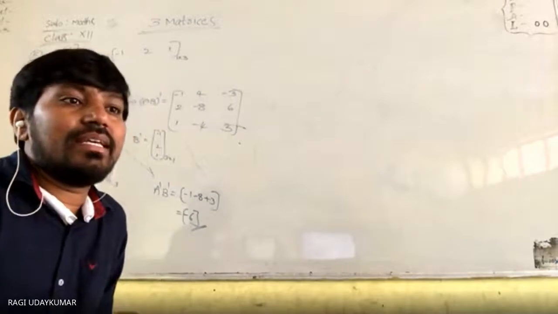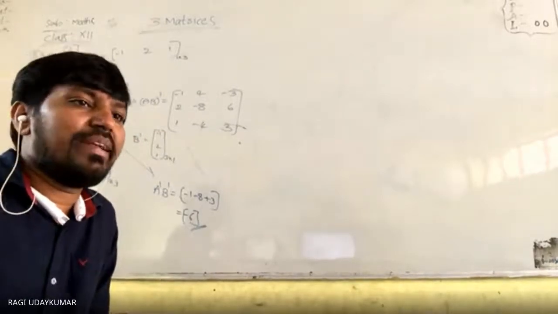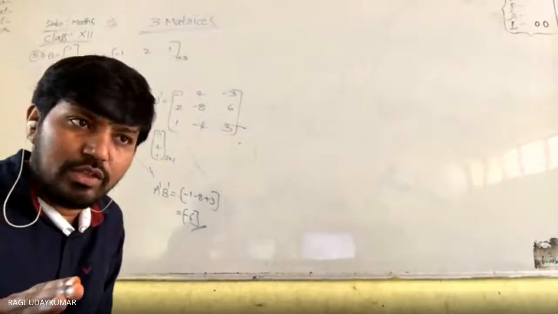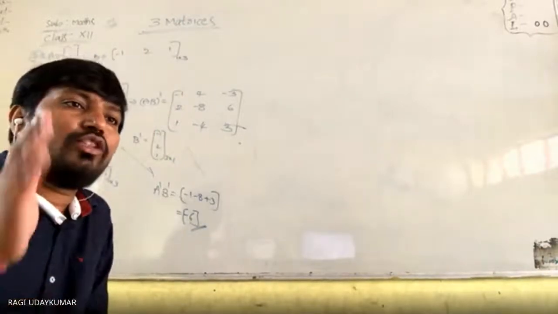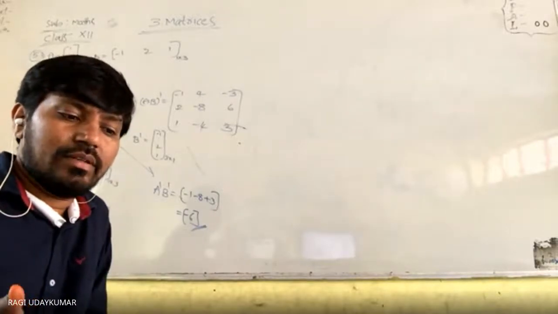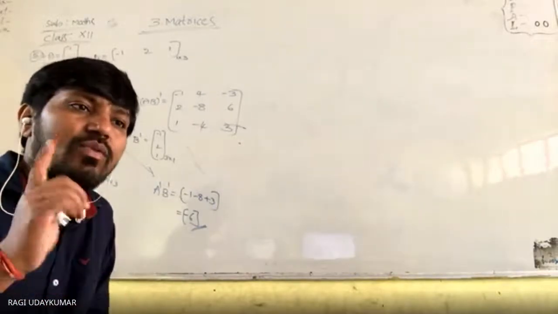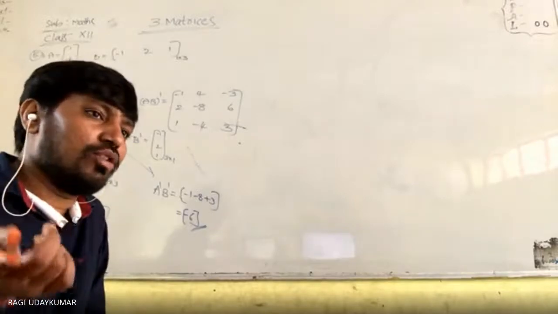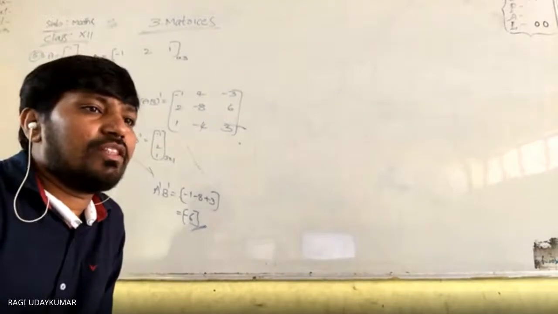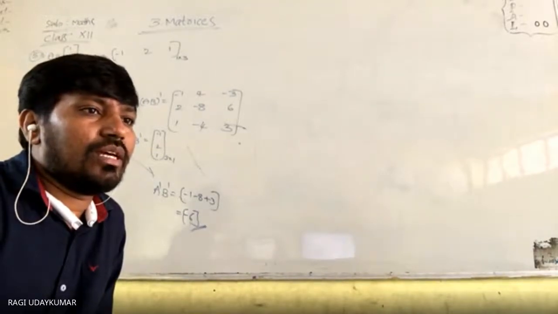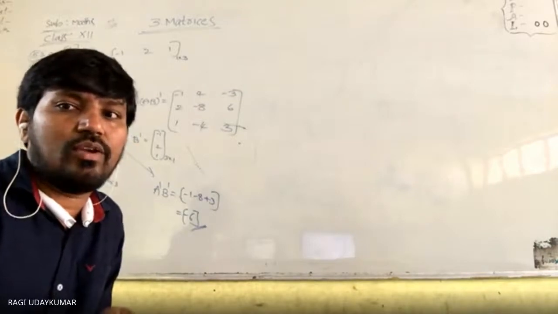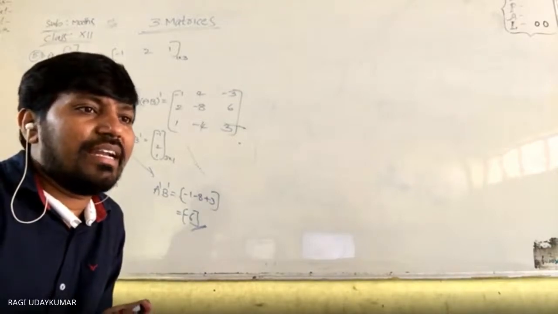Okay, next one is the skew symmetric. What is the rule in skew symmetric? Diagonal elements should be 0, and the elements at the ith row, jth column and the ith column, jth row should be additive inverses. Meaning if it is 1 then it is -1, if it is -1 then it is +1. So you can do the 7th problem, the 8th problem, the 9th as well. This exercise is simple only. You can do it. It's not a very difficult problem.